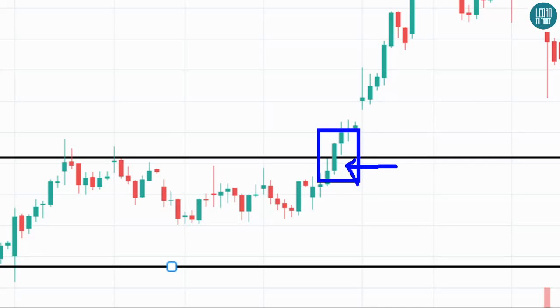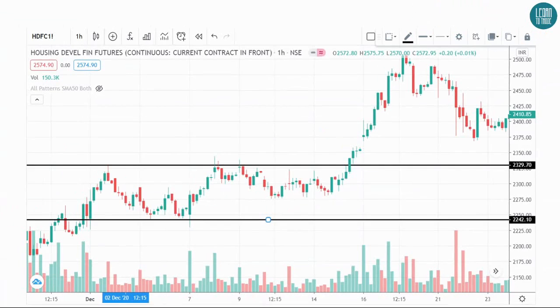This is a bullish candle, bullish breakout candle. Now closely look at the volumes also. Volumes are good. Volumes are gradually increasing towards upside,